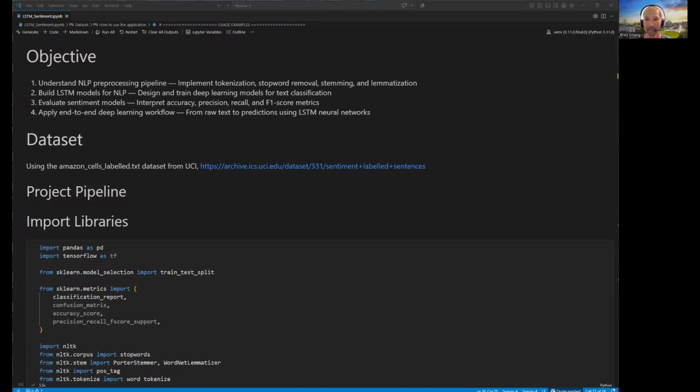Hi, everyone. In this project, we will build an LSTM deep learning model to classify customer sentiment from online shopping reviews. We will take raw data and predict whether each review expressed a positive or negative sentiment. So for our learning objective, we will understand natural language processing,